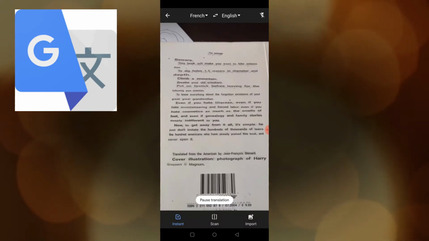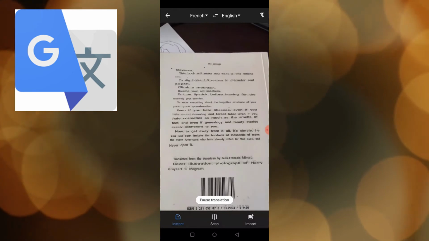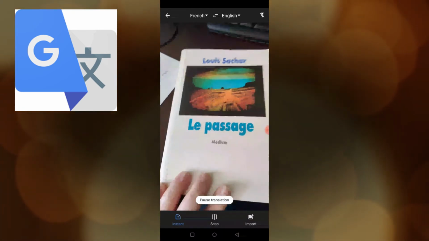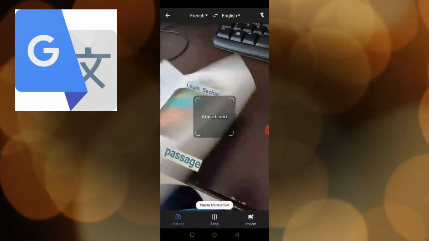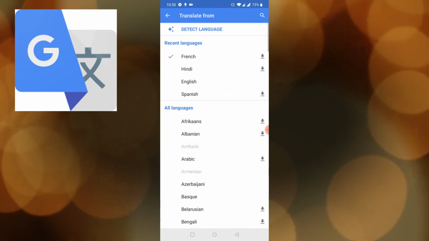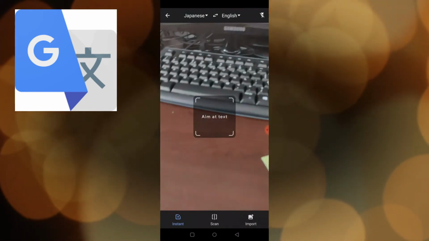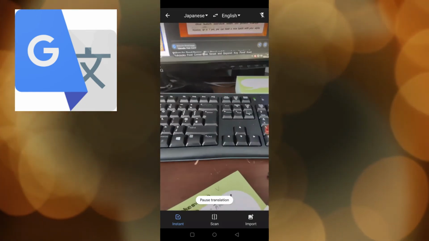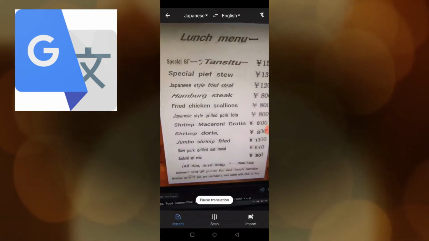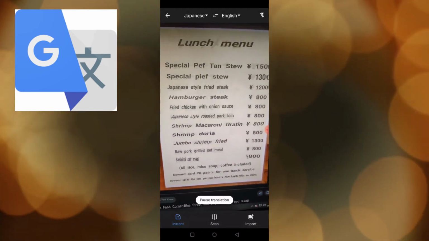So I know if you read what it says, it will feel weird, but it's actually a really good translation. It's from the book Holes by Louis Sachar, and it's a French version. But the feature that is really, really good, I'm going to try to show you. If I take Japanese as the origin language, let's say I'm in Japan and I'm at the restaurant and I have this menu and I have no idea what it means. Here you go. You can have a translation,